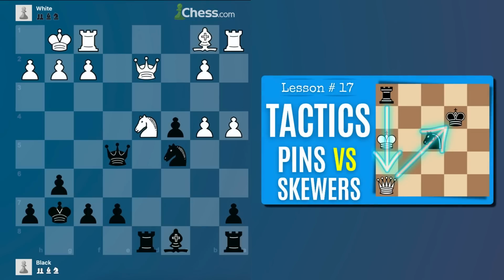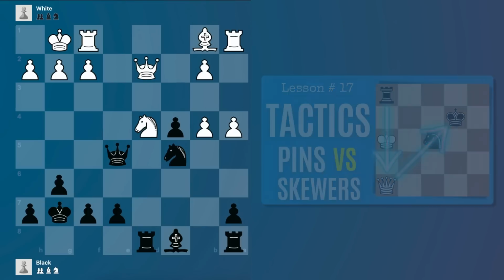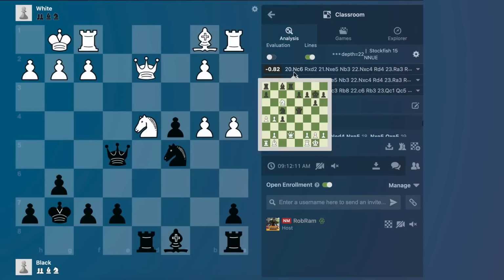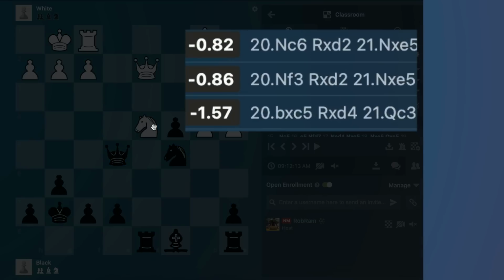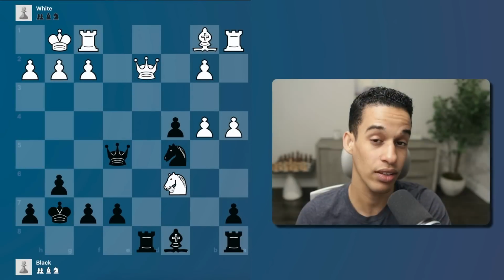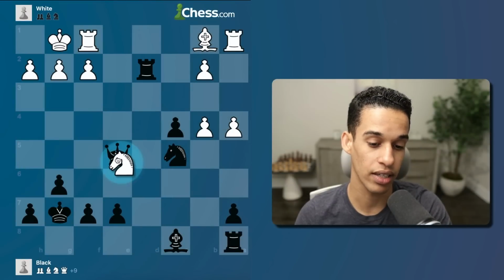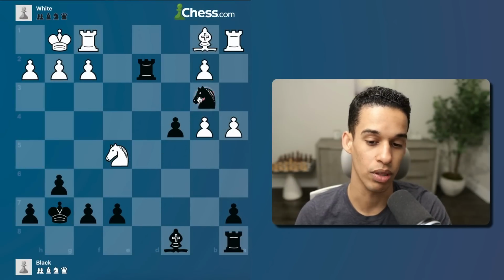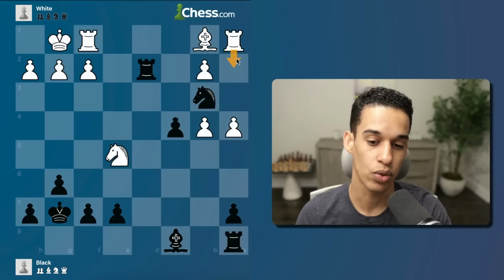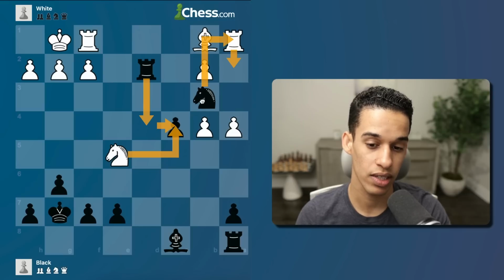Let me see. The engine says 0.82 for black, so not so bad. And of course, my opponent plays the top move the engine recommends, which is knight to c6. Of course, we had to consider this, so I knew that at this point, I have to be better, guys. Now, I was looking at moves like rook a2. I was looking at moves like knight c4, and I just come here to attack both pieces, but my opponent